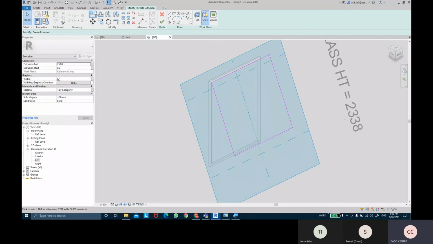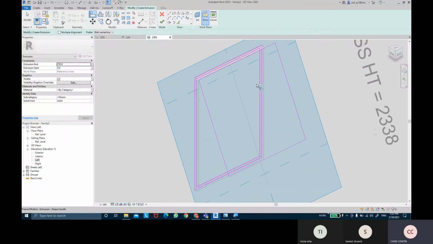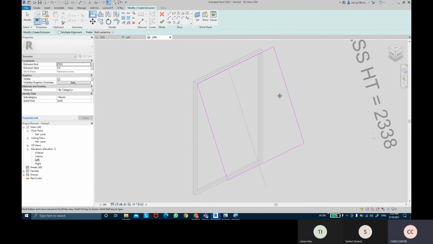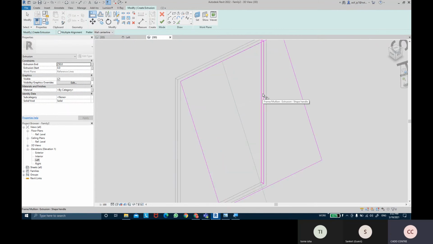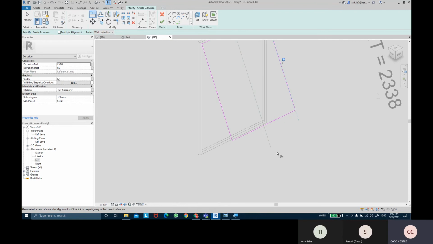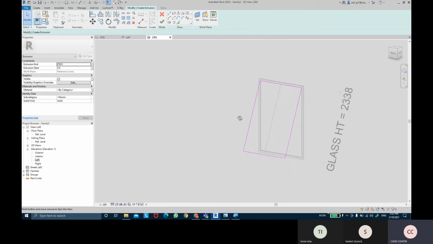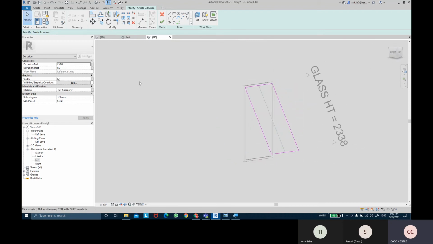So what we're gonna do? We're gonna take the align tool and align. I'm just gonna turn the show work plane off. So I'm gonna take the align tool and select this side plane and the sketch line and align it and lock it. And this endpoint, sketch line, align it and lock it. So this gets perfectly shaped into glass.